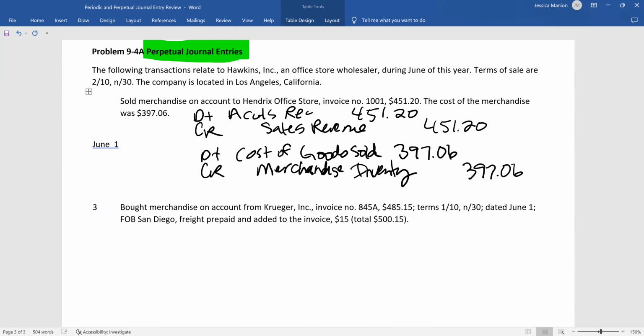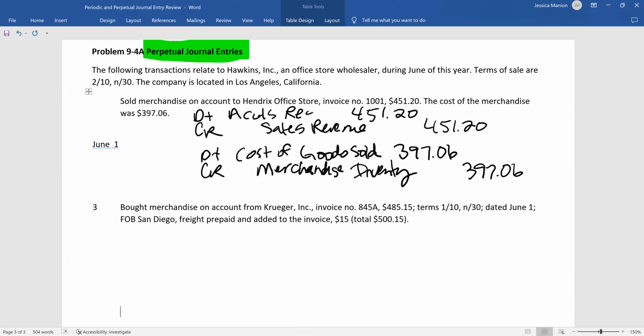All right, let's look at this next one. Bought merchandise on account from Kruger Inc., invoice 845A for $485.15. Terms 1/10/30, dated June 1. FOB San Diego. So that's FOB shipping point, right? The shipping point is San Diego. Freight prepaid and added to the invoice, $15. So the total amount owed,